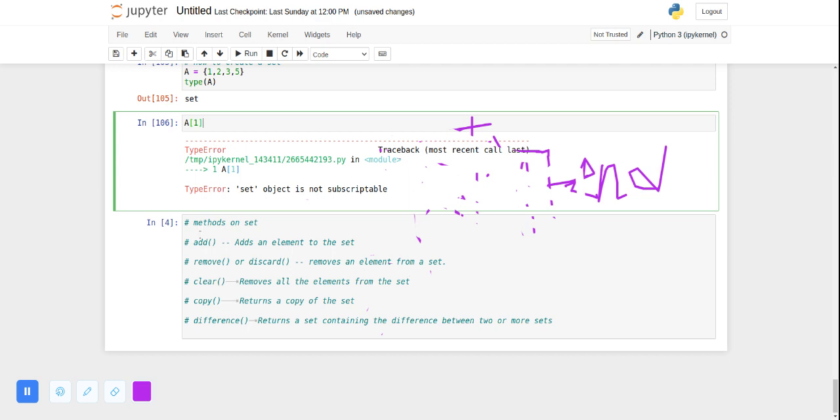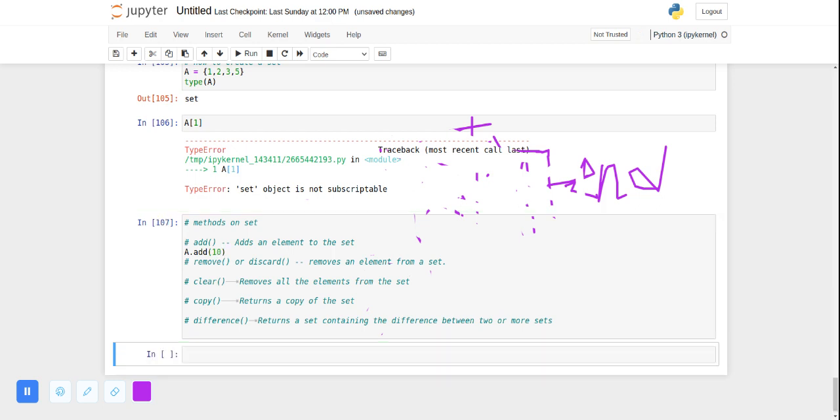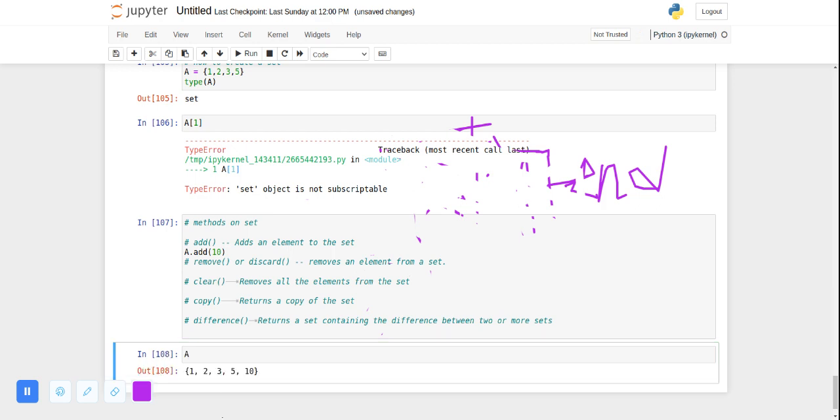Now we will not talk much about sets. Let's look at how to add elements to a set. So we have a set A. To add some elements to the set, we use the variable name dot add, and we specify what we want to add, 10. Now if we run and look at A, you can see that we have 10 added to it. Now let's try to probably specify